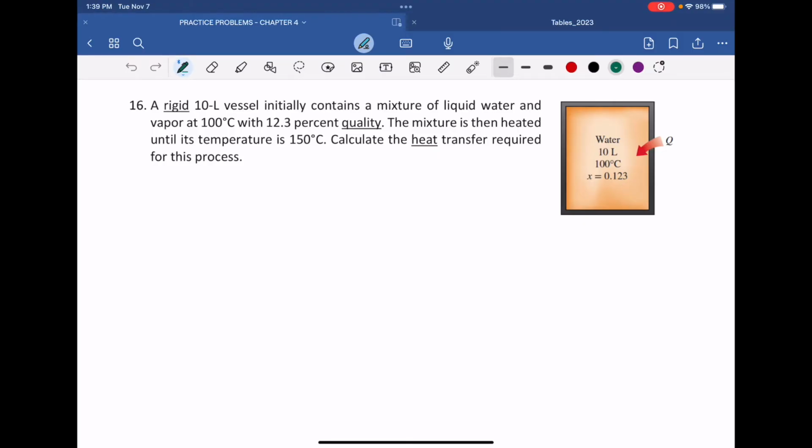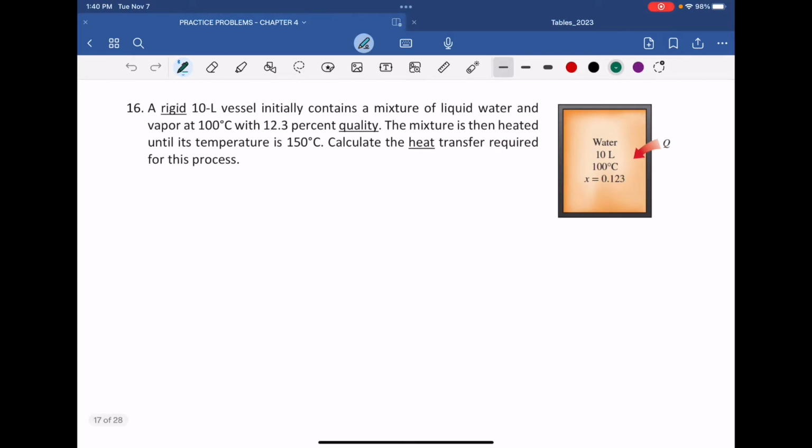So there is a rigid tank, containing a mixture of liquid water and vapor at 100 degrees Celsius with a quality of 12.3. The mixture is heated until its pressure is 150. Calculate the heat transfer required. The only way to do this is to write the energy balance. Energy getting in minus the energy getting out, changing the internal energy. The only energy getting in is heat. There is no energy getting out, and we find it using this